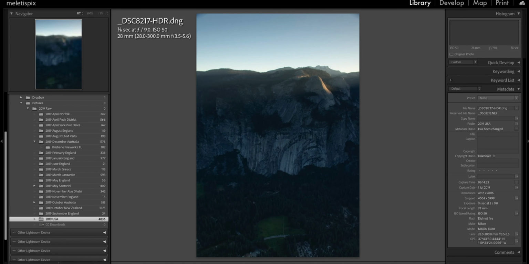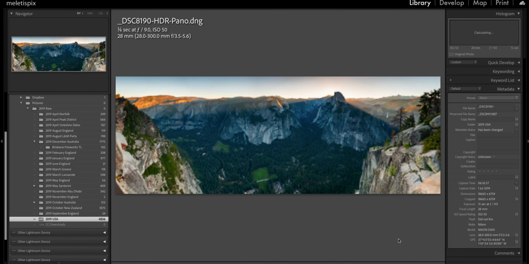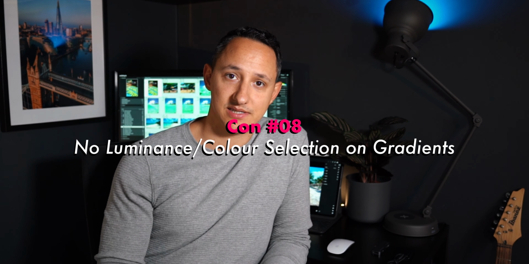And to be honest, Lightroom CC Classic is much better at all of these stitching operations because you can also do an HDR panel. You can basically shoot bracketed images one after the other and then stitch the bracketing and the panorama at the same time, which is quite amazing, and I really hope they bring that over to Lightroom CC. Enough with the stitching, let's go to the next feature that I've been missing, and this is the ability